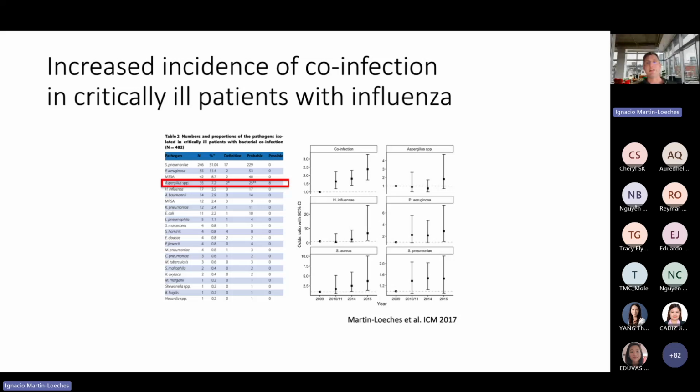And also what we have seen is that the number of cases with co-infection is rising every year. And we are having some pathogens that were not common as co-infection, for instance, Aspergillus. With the square in red, I'm not trying to scare you that Aspergillus is a common pathogen, but I think that we have to consider that co-infection is a major burden in patients with severe community-acquired pneumonia due to a viral infection.